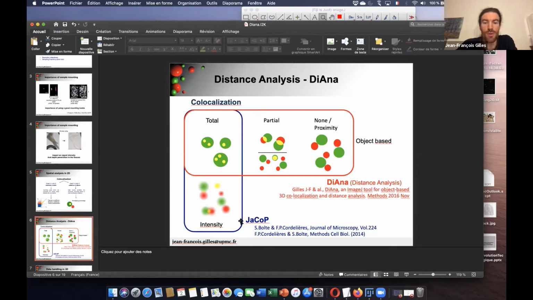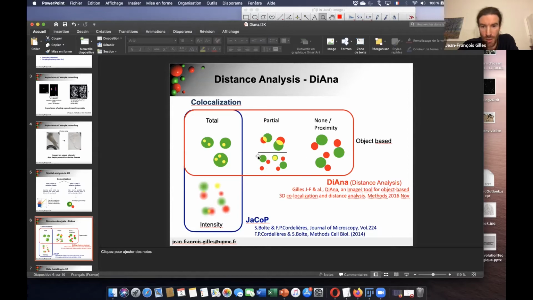You may know JACoP, a great colocalization tool, which was developed by Susan Bolte and Fabrice Cordelières, initially in 2007. We developed this way because in JACoP the object-based characterization is only done in this way: comparison of objects in green here with objects in the other channel which are included into this object.